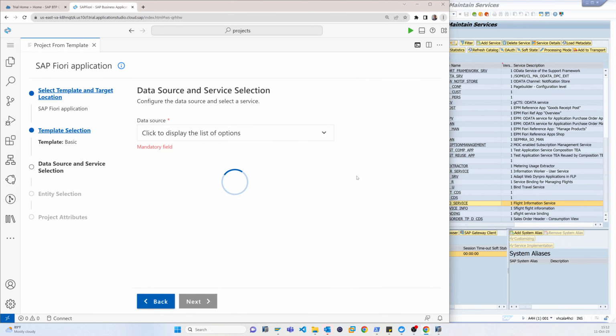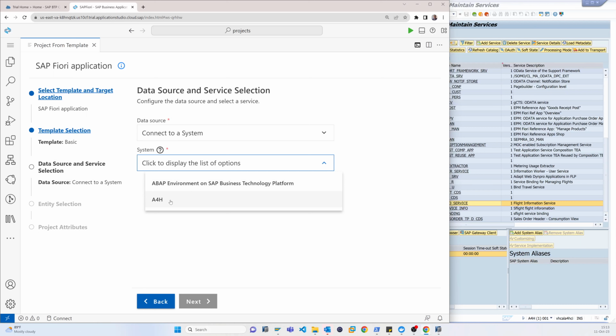Now you can check the system. From here you can see that this system A4H is already showing because I added these systems. Basically these are destinations. How are they destinations? If I go to the